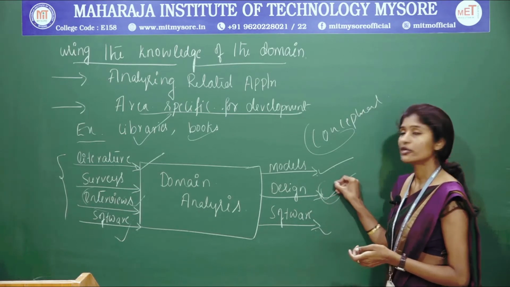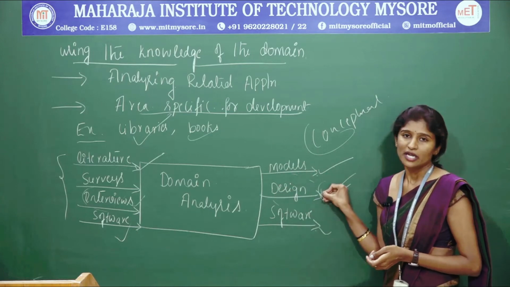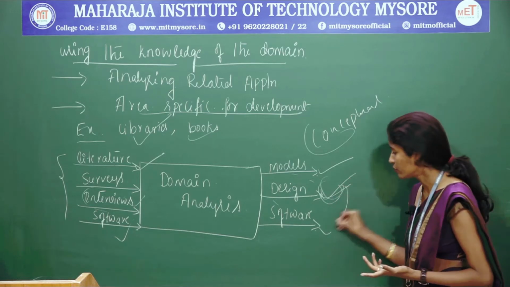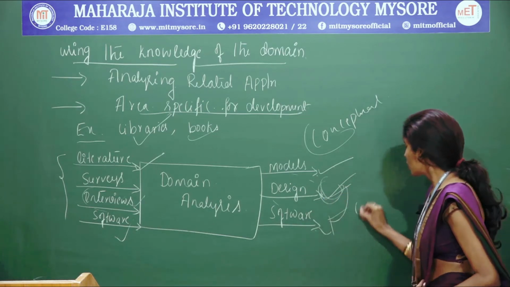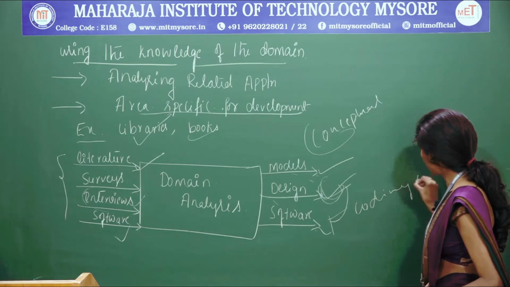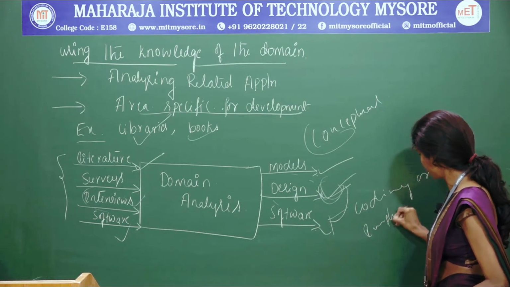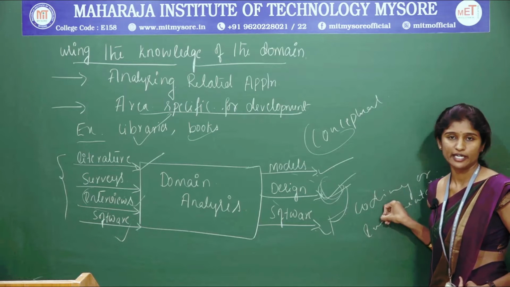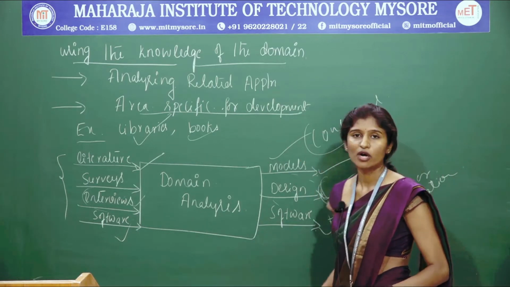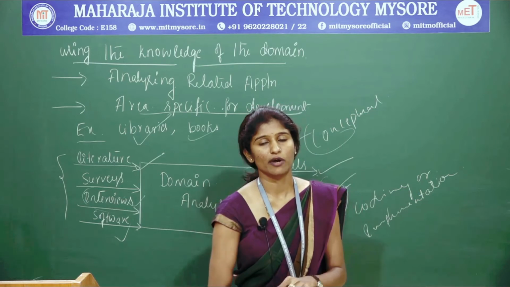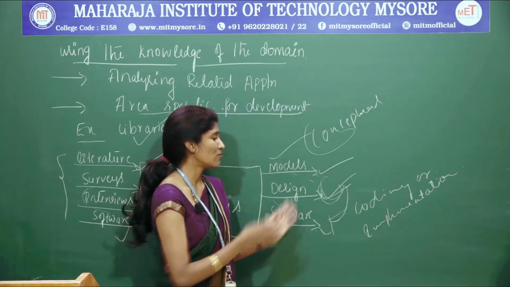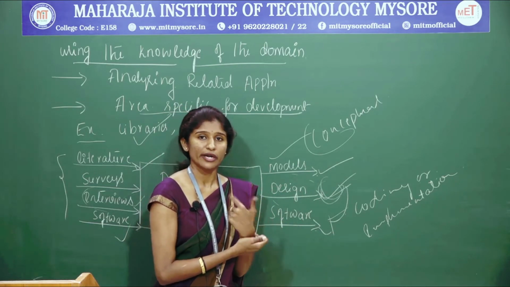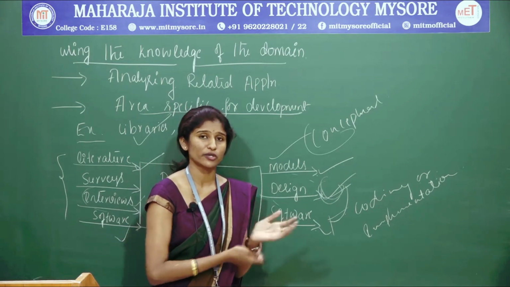So we are going to use those designs for the coding part. After getting the design part, the diagrammatic representation, we move to the software implementation through coding, or we can call it implementation. So first we are going to have models, meaning we need to design conceptual models. I am not saying it must be in the same order. You will have requirement specifications, then design models, then implementations.